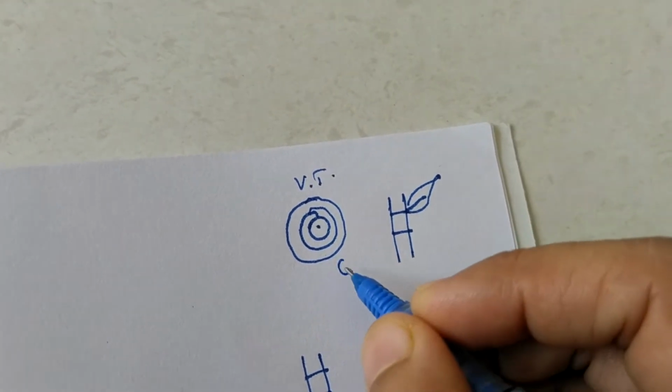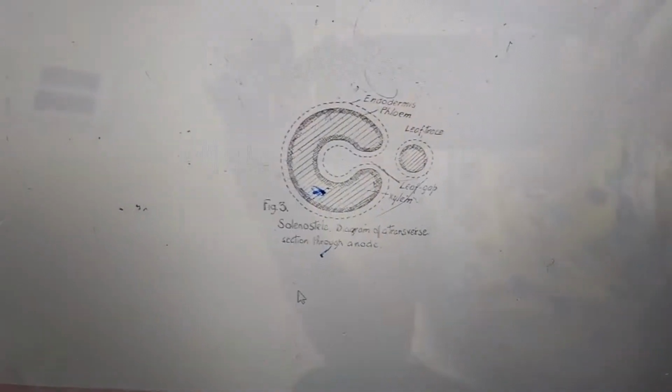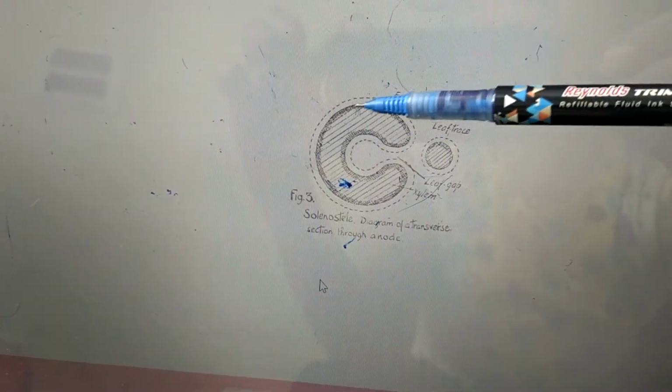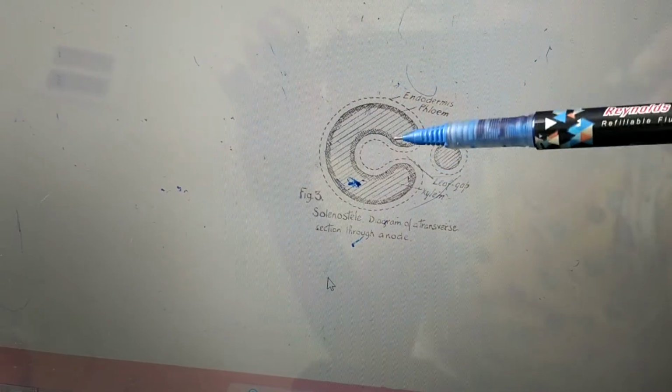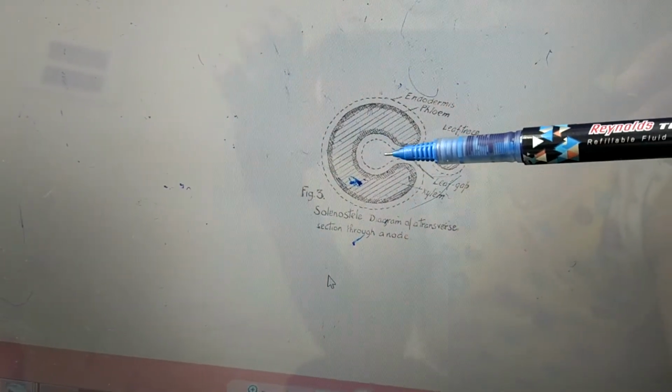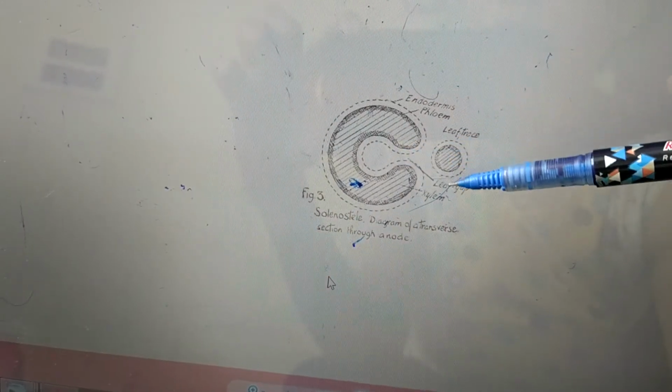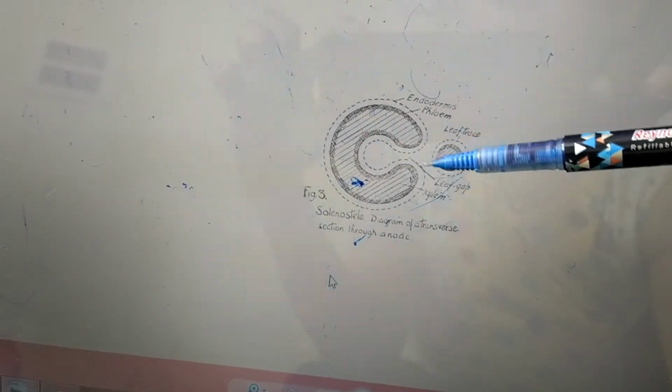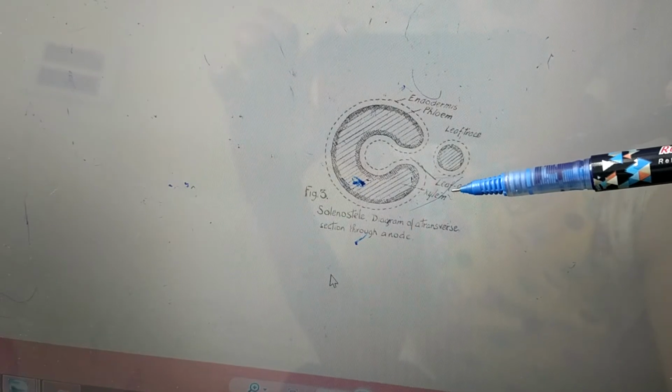It is going to cut and it is going to form a structure somewhat like this. It is cut. That's the reason a small portion is cut from this entire vascular tissue. That's the reason we are having a structure which is like empty space here. This empty space is nothing but a gap. Gap is formed. That's the reason it is called a leaf gap.